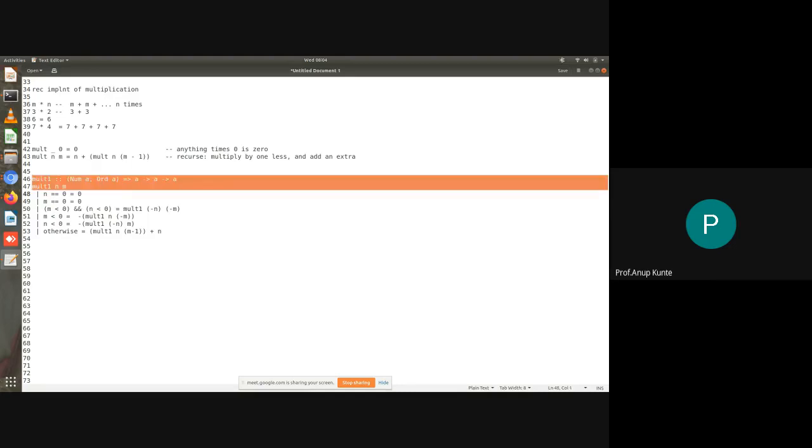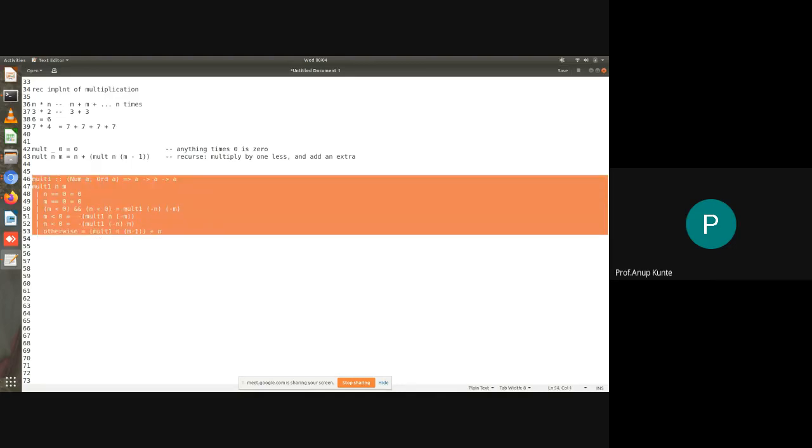So that is how we have implemented recursive multiplication with guards. We have used the concept of guard, and the concept of guard says that I can guard the input range, and based on the conditions that I provide as guard conditions, I can decide what to do as function body. Okay, so I have parametric polymorphism here. I can change how the function definition looks based on the parameters and certain conditions. So this is another way of implementing or showing polymorphism.